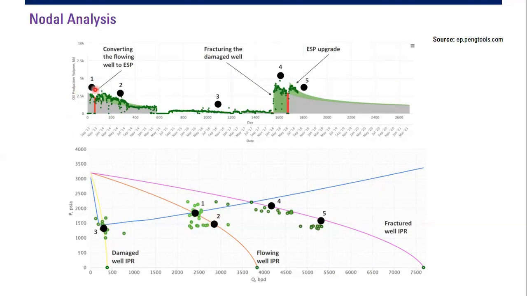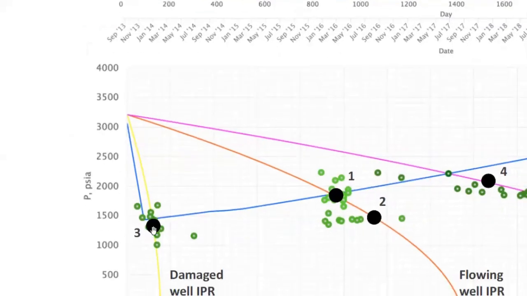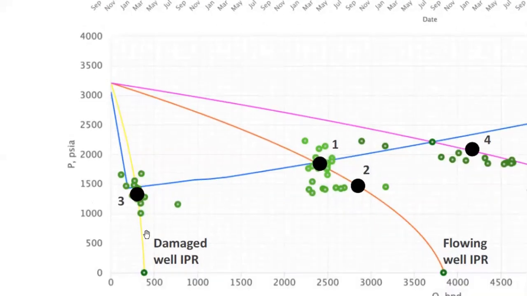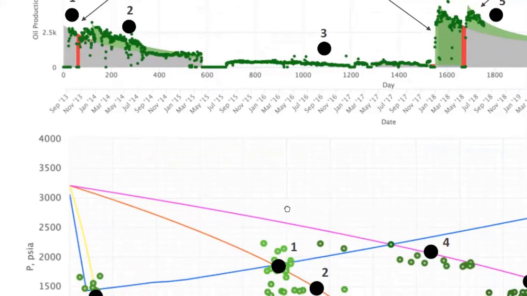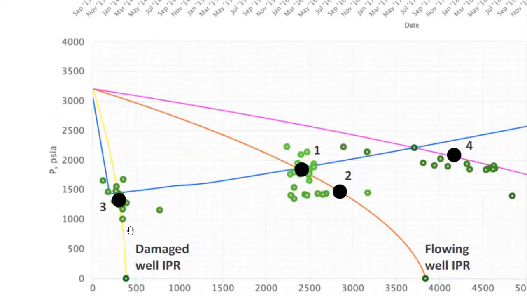So this is the production volume, this is the IPR and VLP. But something happened, I suffer formation damage, now I become point 3. And of course, with this formation damage, the IPR shrinks and becomes the yellow line. My IPR is now very slim. My flow rate is very small. So now in this IPR, I'm at point 3. Of course, I'm not satisfied with that.